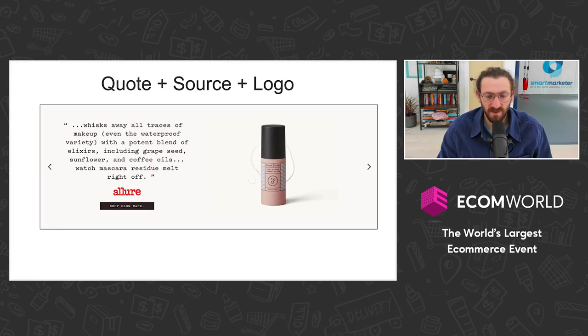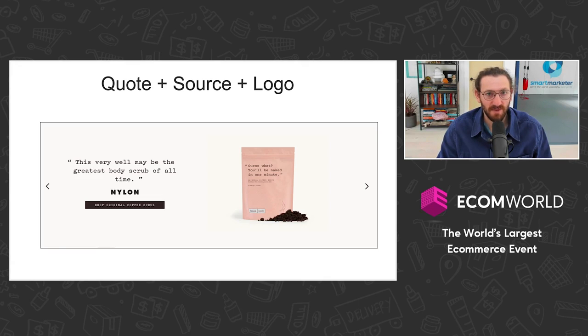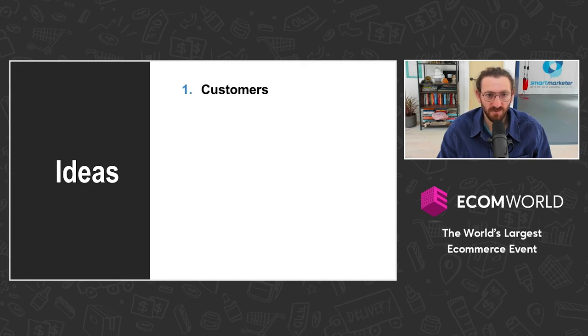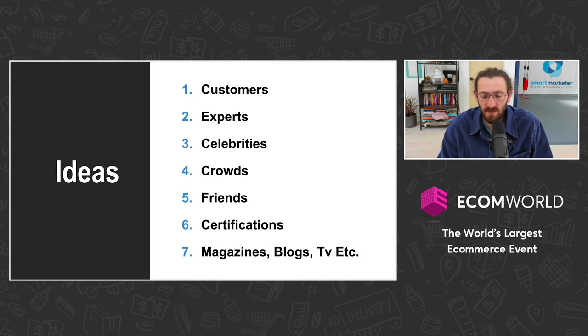What a social proof is: a quote, a source, and a logo, ideally. That's the ideal structure of social proof. And the interesting thing about the source is that it can be your customers. The source can be industry experts. The source can be celebrities. The source can be a crowd of people. The source can be friends. The source can be certifications you might have. The source might be where you've been published, magazines, blogs, TV, but you can get social proof without hiring